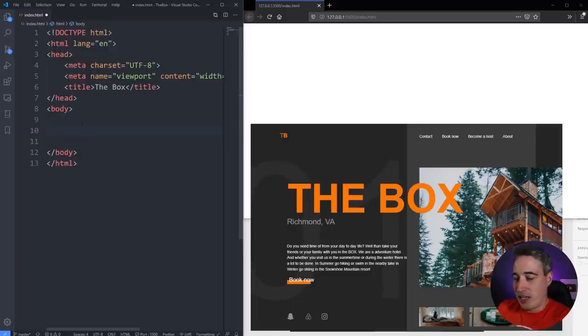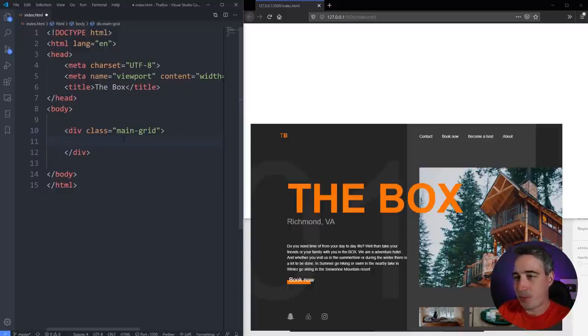Cool. So in the body here, what I want to do is bring in a div with the class main grid, and the reason I'm doing this is because I am going to be using subgrid. If I was not using subgrid, maybe I wouldn't do this. And main grid, could you just do this on the body itself? That's how I started. When I was originally using grid, I was just always putting it on the body. But I found a few edge cases where I was running into issues with that,